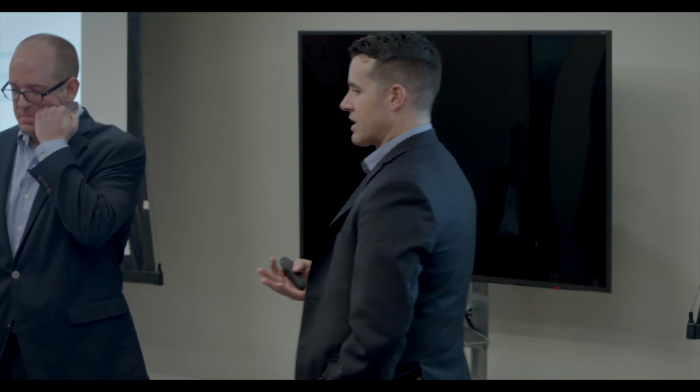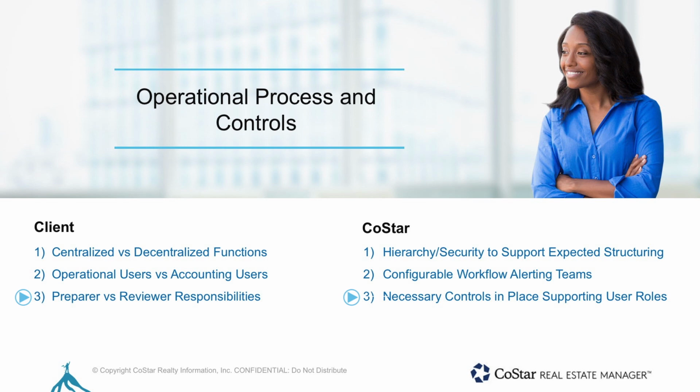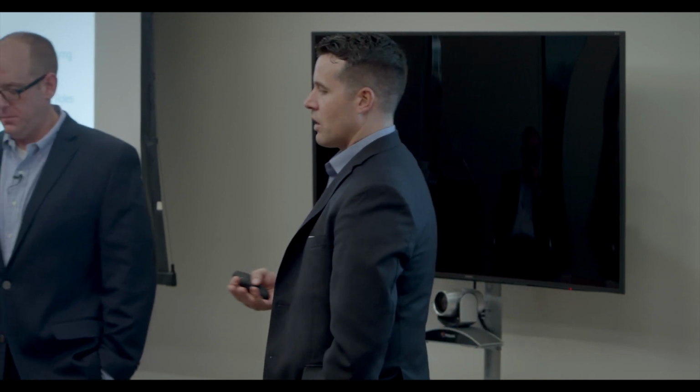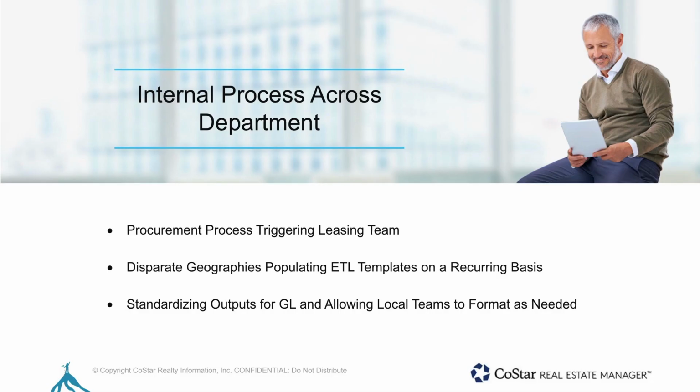And then within that, so not just the operational versus accounting teams, but more a preparer and reviewer role that you guys have right now for payables or for the way that the journal entries are processed into the GL today, making sure that's structured within the application as well, and making sure the appropriate people have the right types of system access, and that's auditable on a go-forward basis. So in some cases, depending on the geography or the business unit structure of the client, we're seeing this in a number of different ways in terms of how that's done.